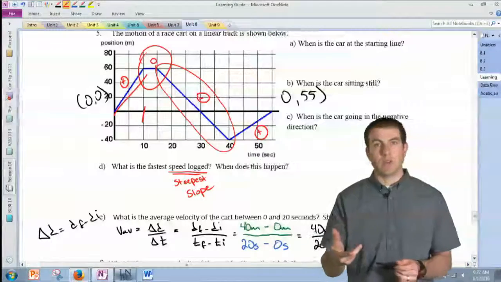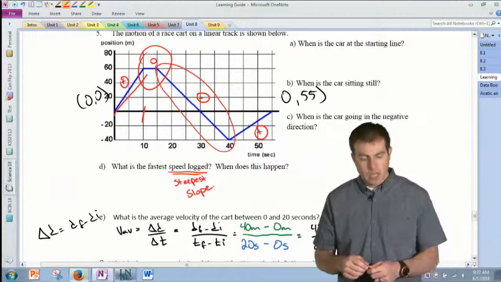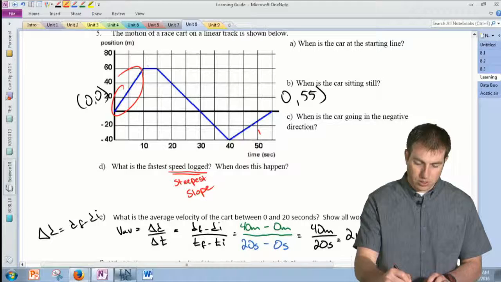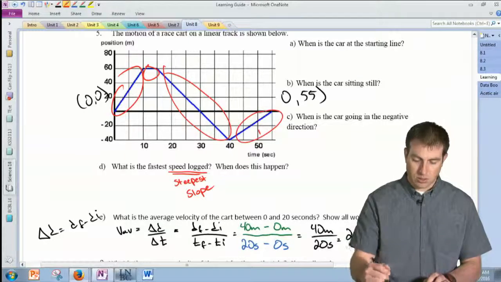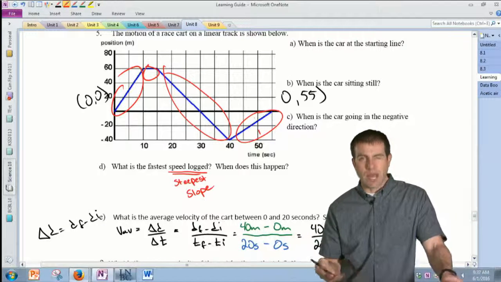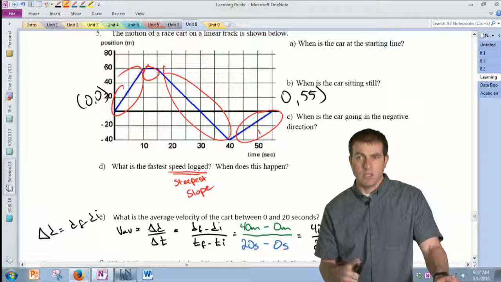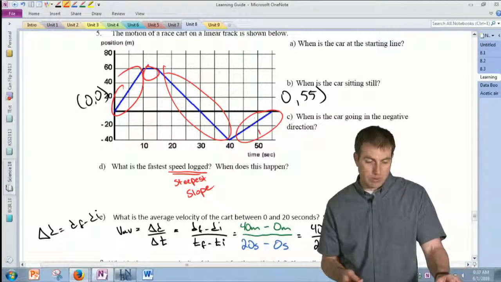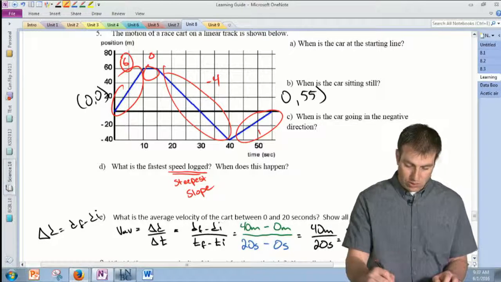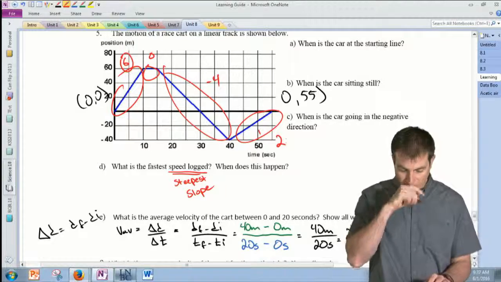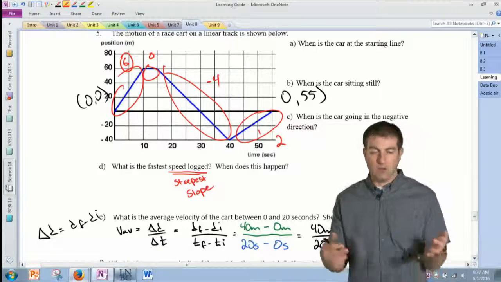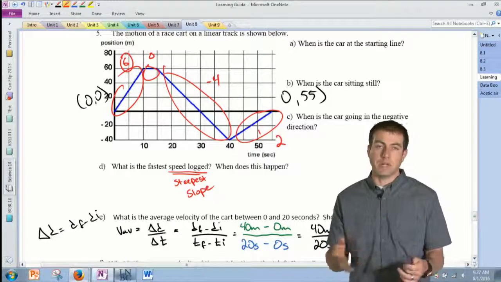There's a second way you could have done the problem, and this is kind of what Ava had written up above. I could look at each of these velocities, so I could find the slope of this section, the slope of this section, the slope of this section, the slope of this section, and then I could multiply it by how long I traveled at that, or what fraction of the entire trip I traveled at that velocity. And I would end up at 0. So I would say, okay, this slope is 6, this is -4, this is 0, and this is 2. And I'd say, okay, I traveled at 6 for 10 seconds, I traveled at 0 for this long, I traveled at -4 for this long, and I would average them all out, and I would end up with 0 as well.